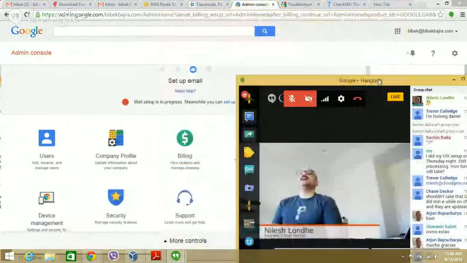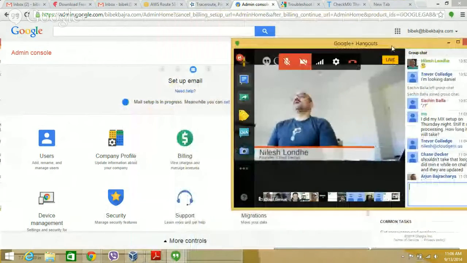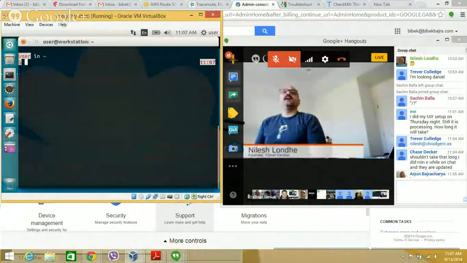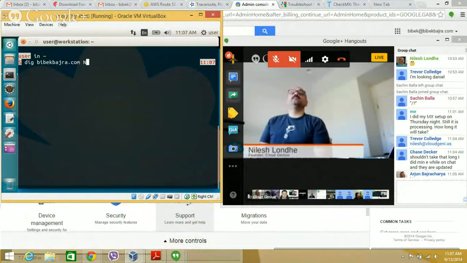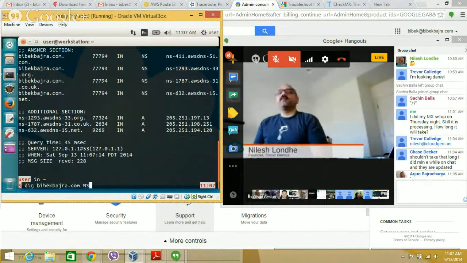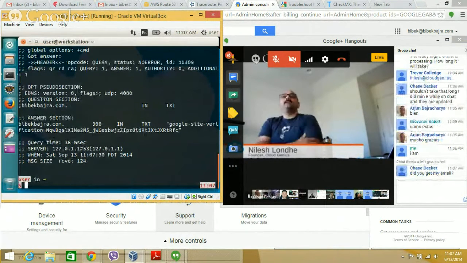So let us check dig, please. Vivek, start checking dig or nwtools.com. And there you will find what's going on. So go one by one. First check name server, then check txt, and then you check mx and see what's up. Name server first, and that is good. Up arrow, up arrow. Don't type again and again, that's boring. And delete ns and put in txt. Enter. And up arrow again and say mx.